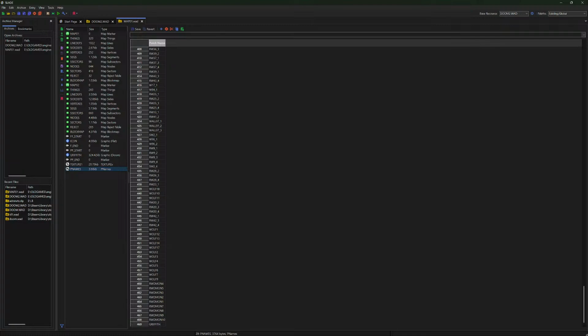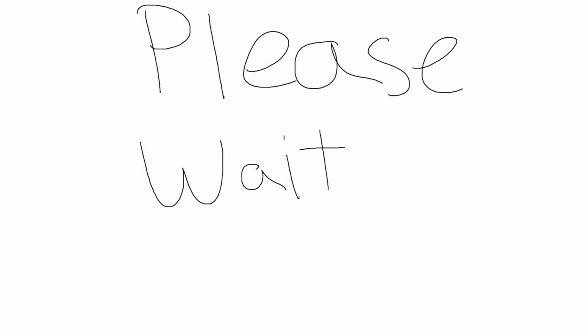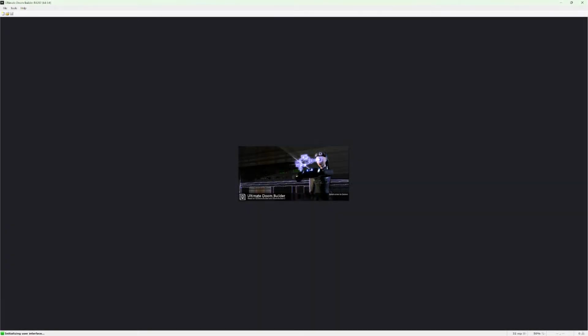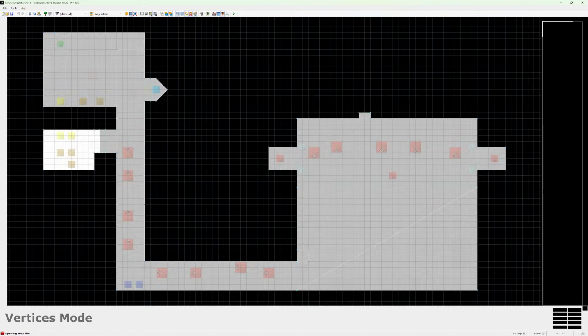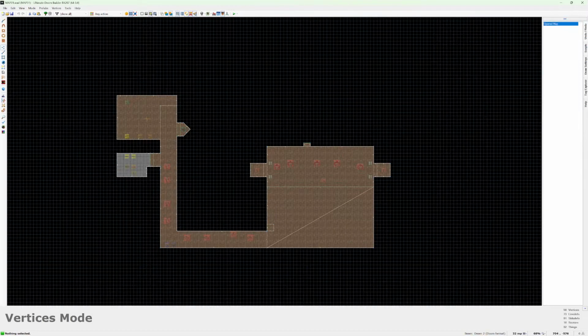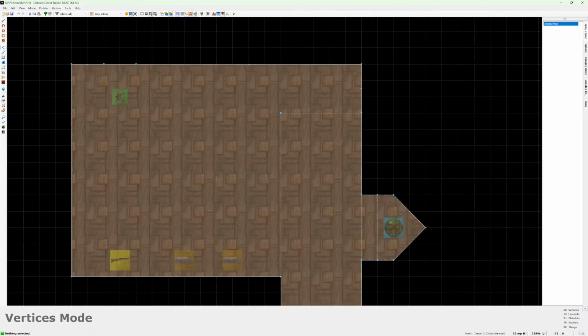So now, theoretically, we should be able to open Ultimate Doom Builder again, and we should be able to input our custom textures. So I'm just going to go back here and into Ultimate Doom Builder. And now we're going to open the map. And yeah, we have Chocolate Doom. Okay, yes, it is my custom mod. All right, so hopefully there's no errors. Thank goodness when we opened it. We go in,